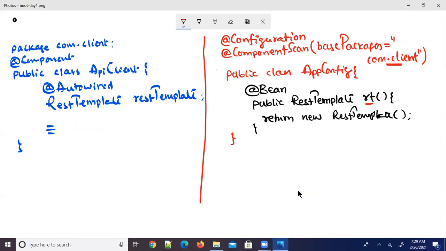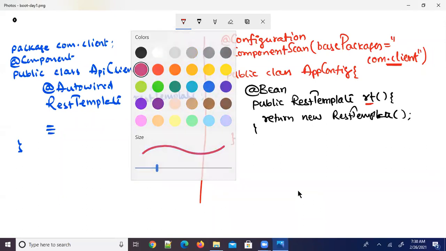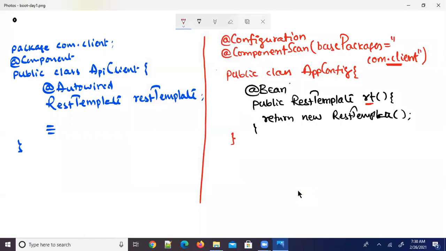How can I do that? I can pass it to @Bean. What can I pass here? The bean annotation has a name element and a value element. Both are there. I can add the value element or the name element.